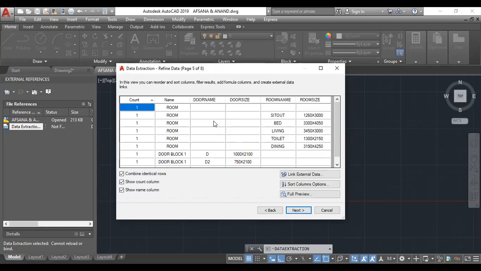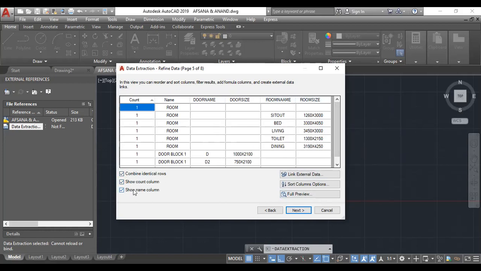So the data will be extracted, that is already loaded here. And from this we can see the format for the data extraction table. On the first column it will have the count, and the next column will have the name, then door name, door size, room name, and room size. If we need to delete any column, we can delete that.